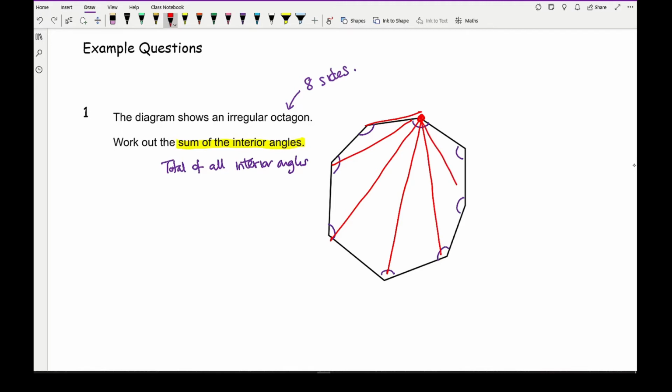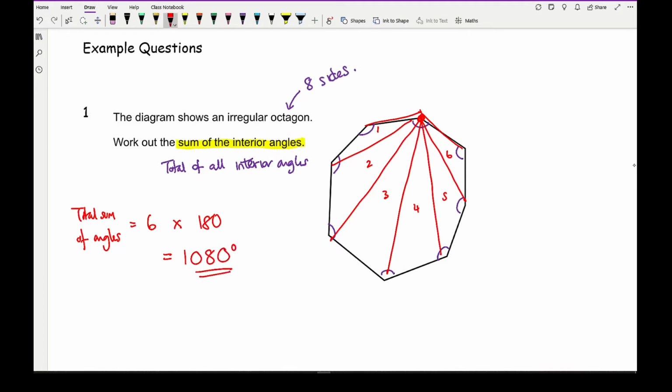Now by doing so, what I've done is I've split this shape into triangles. So if I count the number of triangles, I've got 1, 2, 3, 4, 5, 6. So the total sum of angles is going to be 6 times 180. So if I work that out on my calculator, 6 times 180, that gives me a total answer of